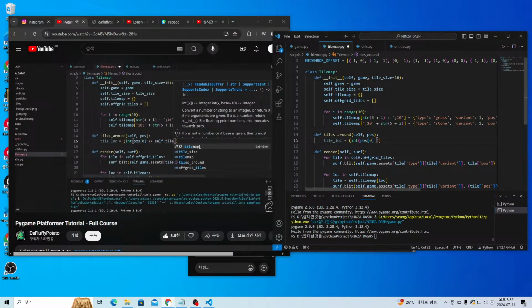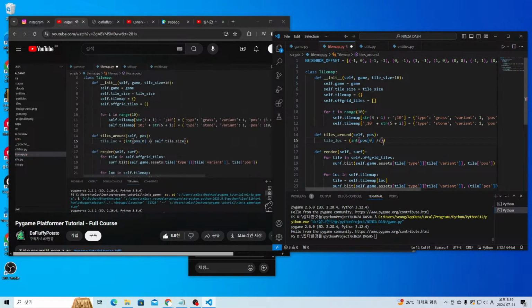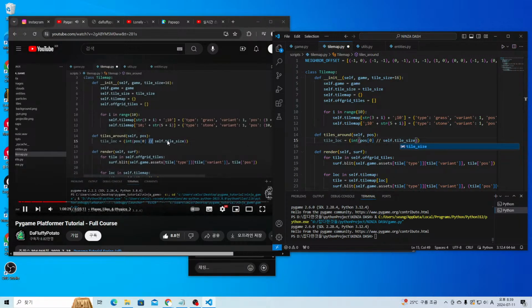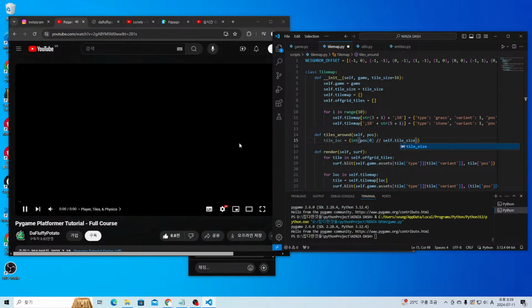0 self.tile size. So if you don't know what this double slash is, it's integer division. So it'll chop off the remainder so that you don't get, for example, if you divide 3 by 2, you don't get 1.5. You would get 1. And you might be wondering, if we're doing integer division already, why do we need